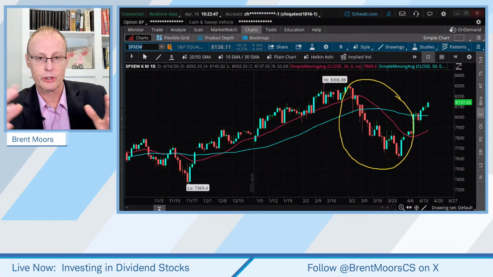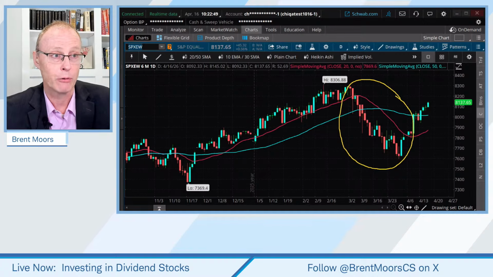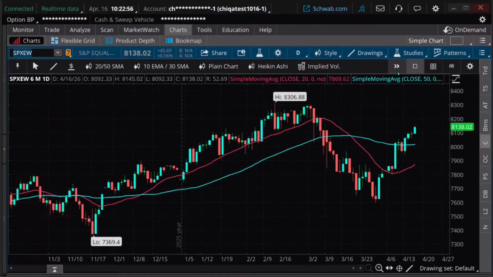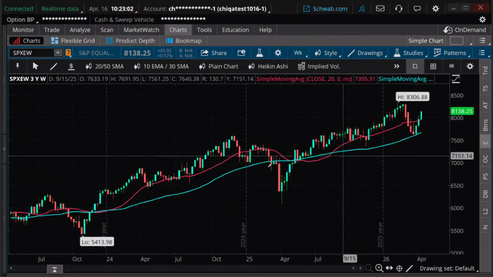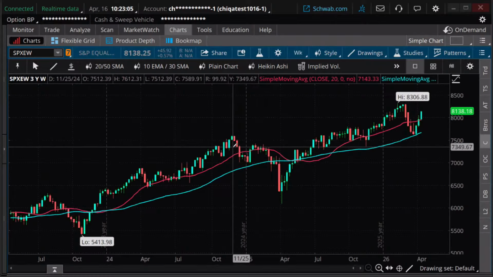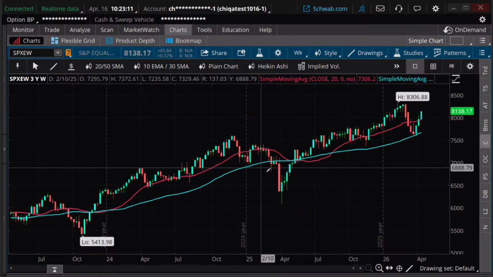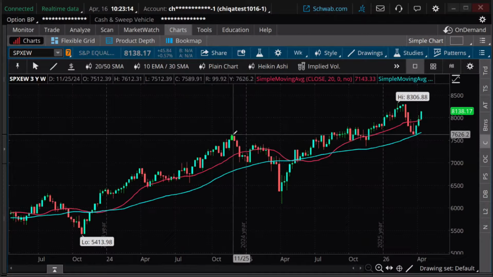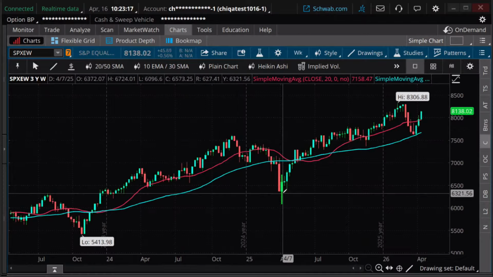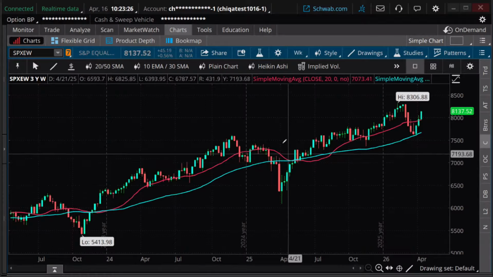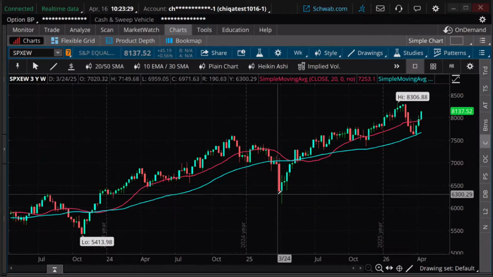We can go to a longer term chart and look at longer term pullbacks if we want. And in fact, if I do so, let me just switch this to a 3-year chart, okay? Well, here was a pullback. This was the so-called tariff tantrum, okay? Pullback from, it didn't last that long, from November to the beginning of April. But during a period like this, most stocks are going to be pulling back during that time.